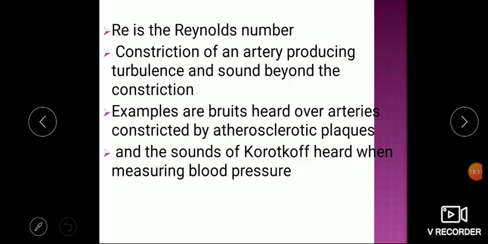During our blood pressure measurements also, as we will see in our practicals, when you tie a cuff on the arm and constrict the blood vessel, you get some sounds on the brachial artery. These sounds are called Korotkoff sounds. These are again nothing but turbulence generated because of compression of the blood vessel. These are clinical applications. Through this compression we are able to find the blood pressure. We'll see the mechanism later. But if your normal vessel is showing some sound, that is called a bruit. This indicates that there is some underlying problem. There can be an atherosclerotic plaque. So by clinical examination also we can find these problems.